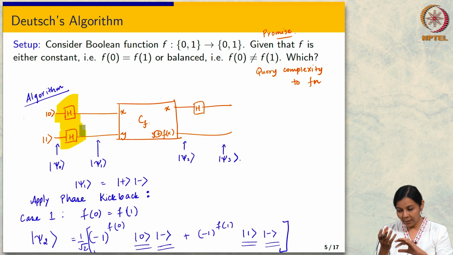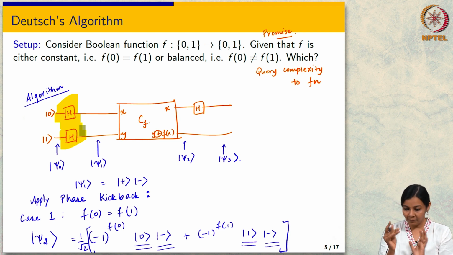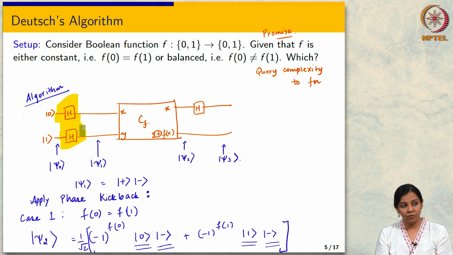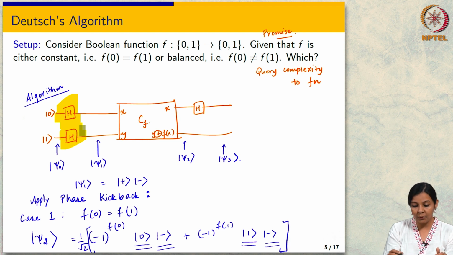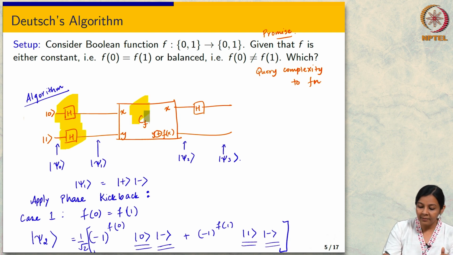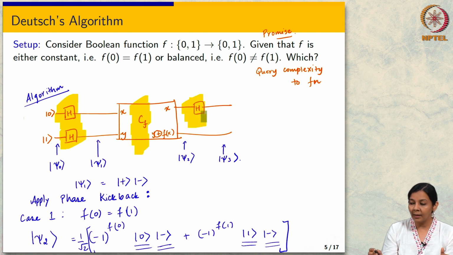This rotate, compute, rotate, right. So here you can already see one very simple example of it. The next example we will see is more sophisticated. It will follow a similar blueprint. Why is this rotate, compute, rotate? Well, that's what you do, right. So the step 1 which I have highlighted in yellow, this is rotate, right, and then there is compute over here, and then there is again a rotate.